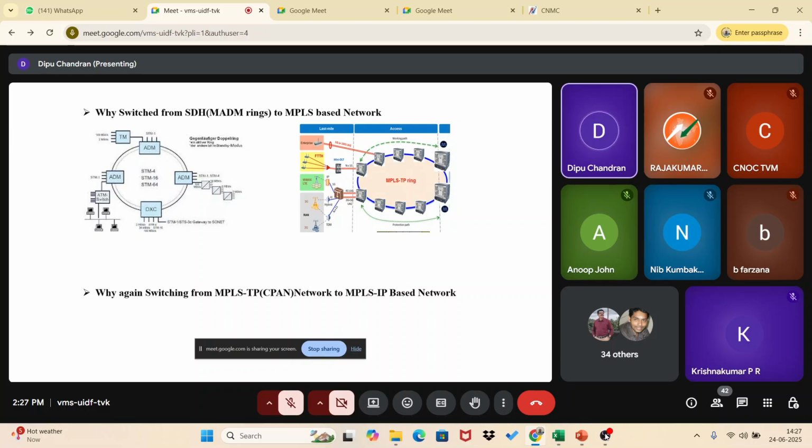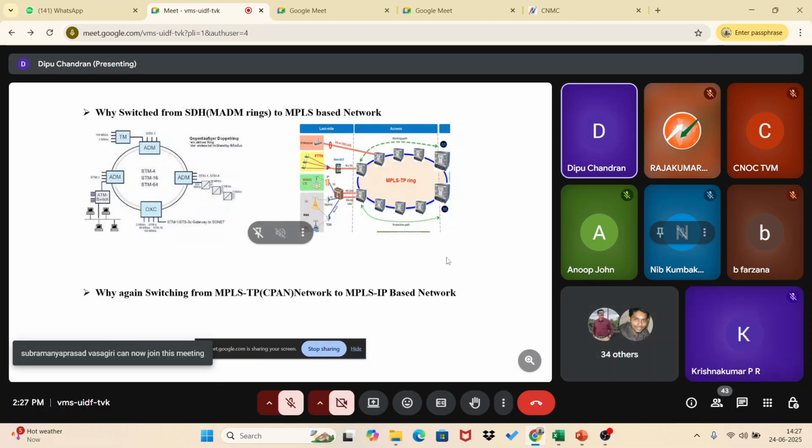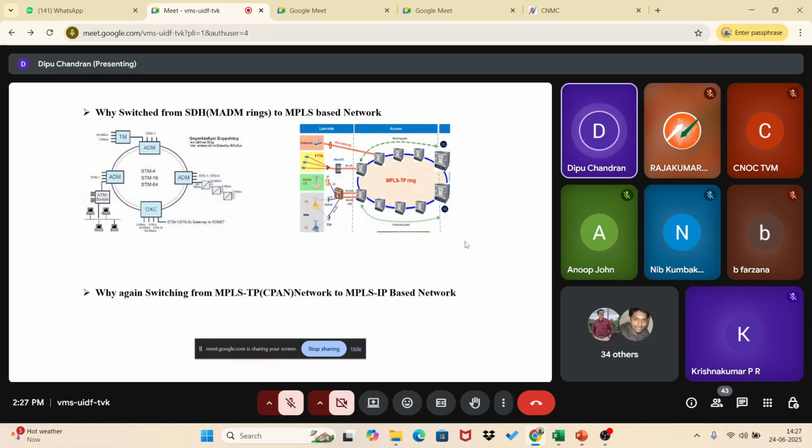So when we are creating a tunnel, it will take one path in one direction, and another protection tunnel will also be there, on those two paths only. Even if we had a third path between those two routers, without manual intervention the traffic will not be restored if both these paths go down. So that was the situation.